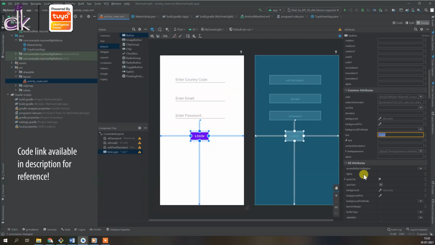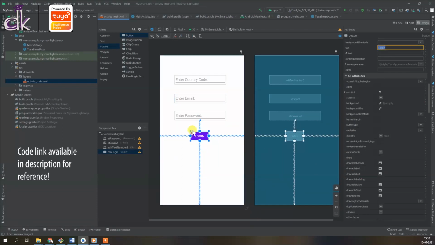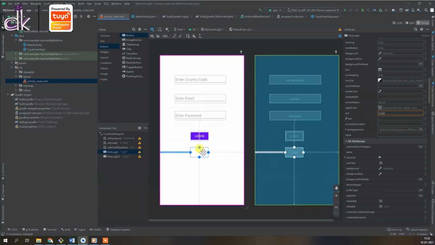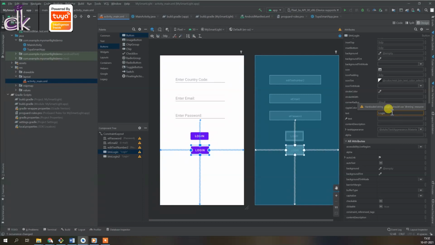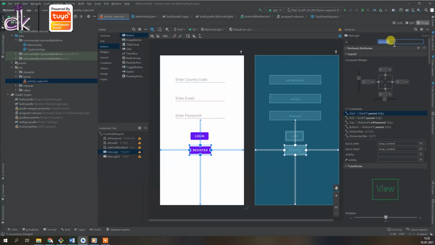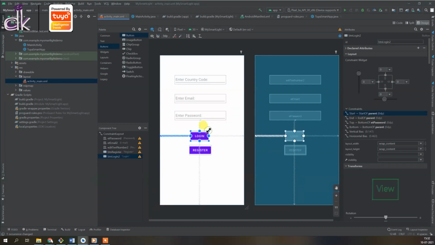And finally, we'll need another button, so I'm just going to click on Control C, Control V, and you can just bring it slightly below this button itself, and we are going to call this button as register. Alright, so change the text to register, and the ID to btn register. Alright, and just extend the above button to make sure that it is aligned with the one below it, so that the width is the same.